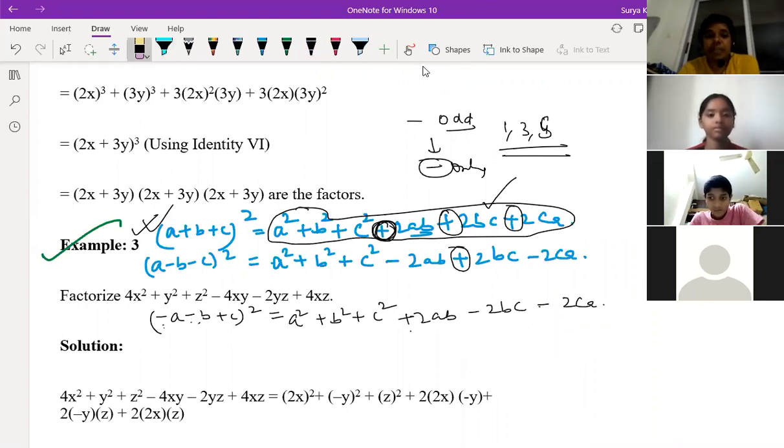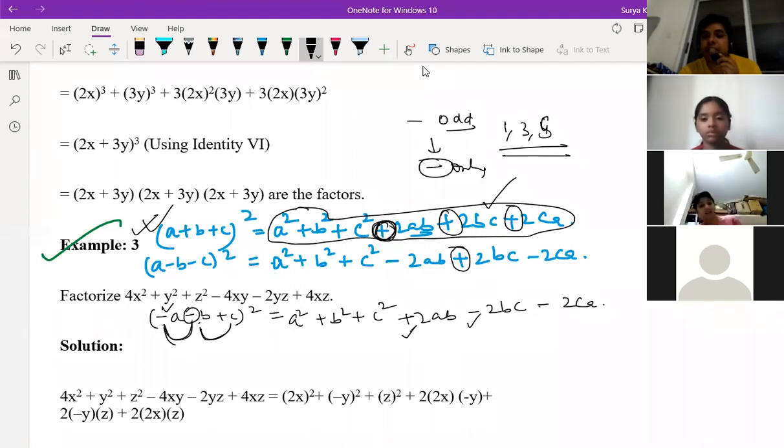So here, if you multiply a and b, the signs become even or odd? Even, no? Both minus signs, if you add, become 2, right? That's why we write positive here. For b and c, you see only one negative sign is there, that's why we write minus here. Again for c and a, the negative sign is only on a, that is only one, so that's why we write minus here. Is it clear?